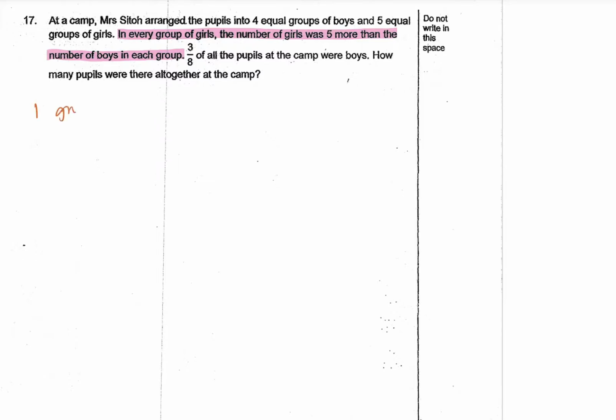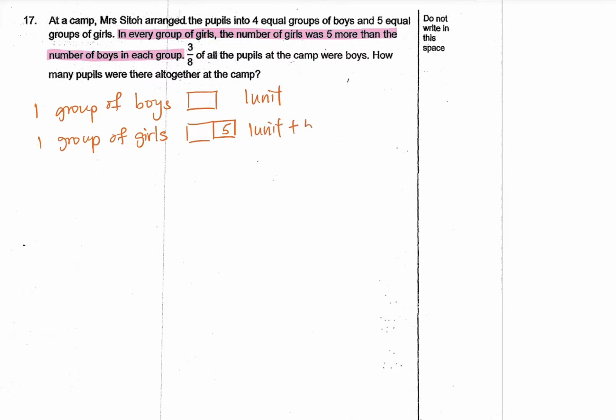So for one group of boys, it's just 1 unit. And for every group of girls, there are 5 more girls than boys. So there's 5 here. So this will be 1 unit. This is 1 unit plus 5. And because there are 5 equal groups of girls, so for every group there are 5 more girls. So we need to have 5 groups of girls, right? So 1, 2, 3, 4, 5. Making this 5 units